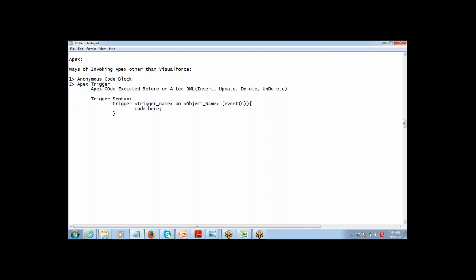Okay, so in case you want to associate your Apex logic with a DML statement, so that the system executes that logic every time a DML is happening, then you need to define a trigger. The trigger is the code which will get executed along with the DML statement, before or after. Now this is the syntax for defining it. You'll have to use the keyword trigger. You have to define a name for the trigger, and then give the object name for which object you're defining it. You'll have to give the event, which basically means the DML statement you're talking about, and the code that you want to execute should be written here. That's it, right? For example,